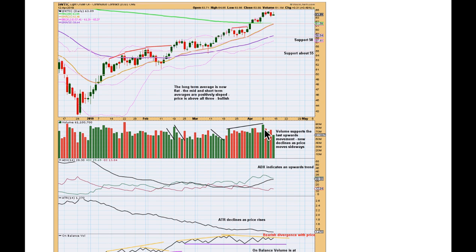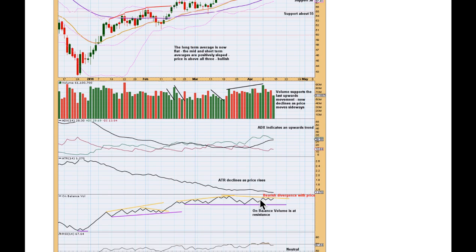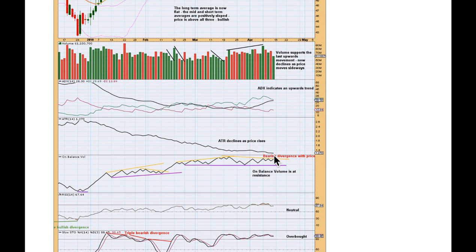Volume supports the last upward movement, and now volume declines as prices moved sideways essentially for the last 3 sessions. ATR continues to decline as price rises. There is some weakness in this upward trend. While at the weekly chart level, on balance volume has made a new all-time high, it has not done so at the daily chart level, and so for the short